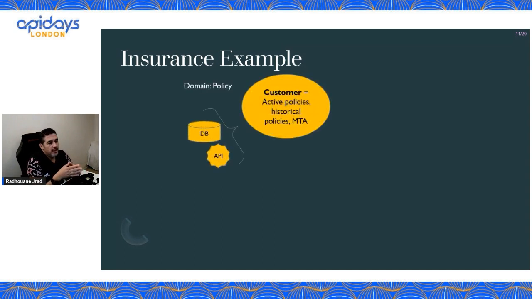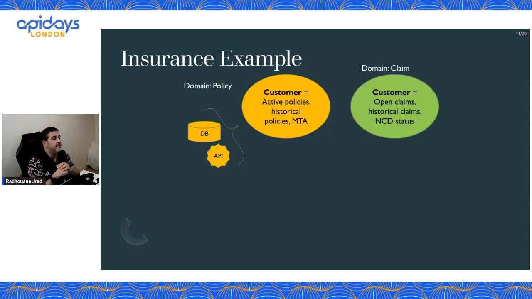The customer is one object. It's a person. It's you. It's me. We know that customer exists physically. However, for the policy domain in insurance, so the policy domain would be about making policies, basically selling policies. For them, the customer is about the active policies, the historical policies, midterm adjustments. These are the important pieces of data or datums that are related to the customer object. The policy domain doesn't care about the customer's phone number. So the people working in the policy domain, they don't want to know about that, and they shouldn't hold that data, because you're holding other domains hostage.